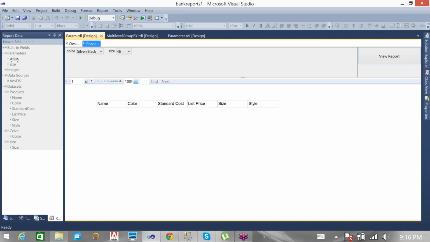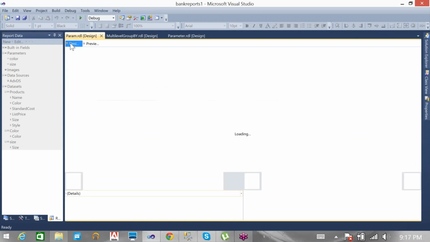Then what we need to do is pass this first parameter into the second parameter. The second parameter is getting the values from the second data set called size. So we need to pass the first parameter into the second parameter's query. That's what we need to do.